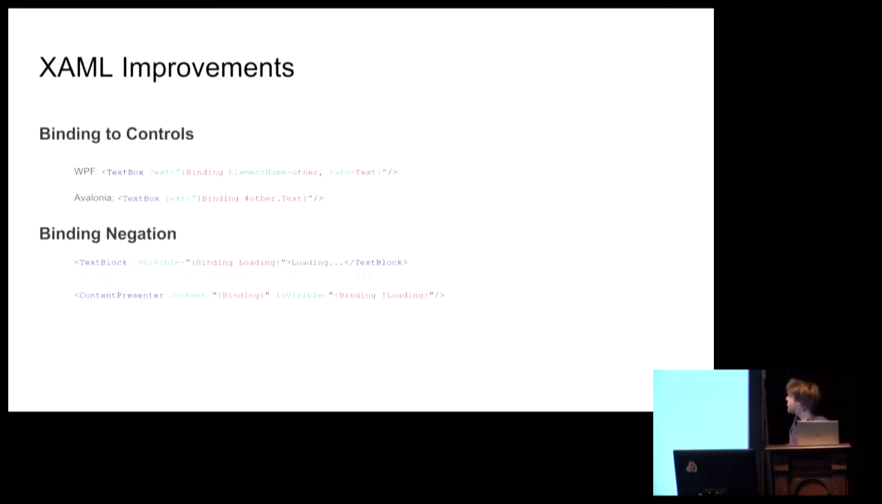Here I'm just going to show a couple of XAML improvements. We have more, but there's not much time. So to bind to another control in WPF, you need to use the long form binding, ElementName equals control name, Path equals Text, which is a bit of a pain. In Avalonia, you can just put a hash before the name of the control, then .Text for the property, and that will give you the same result. We also support binding negation,